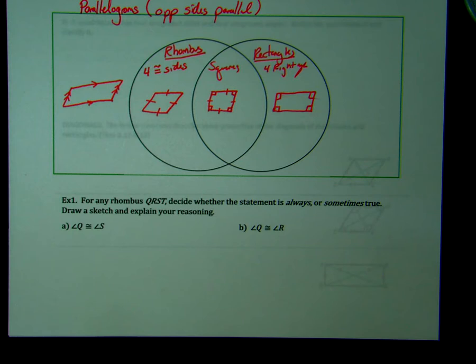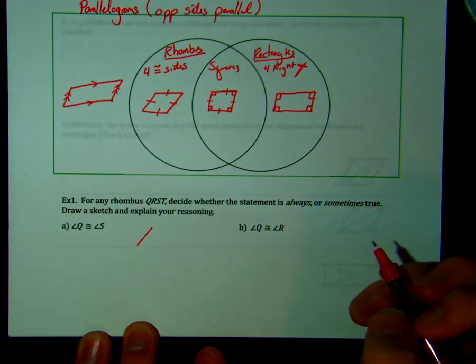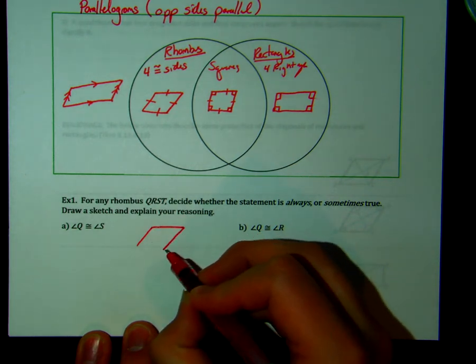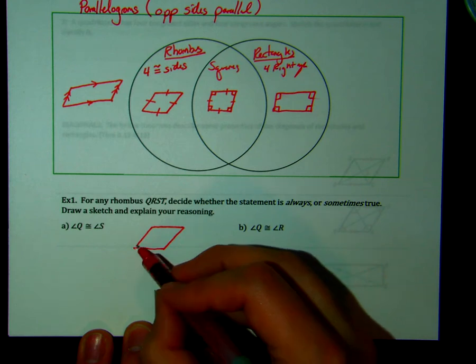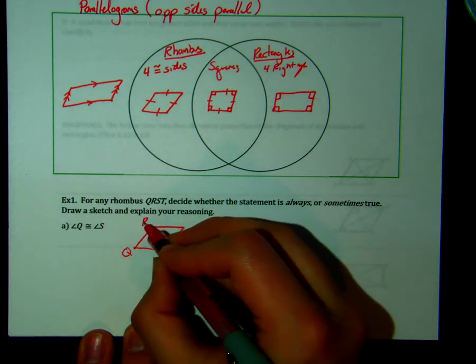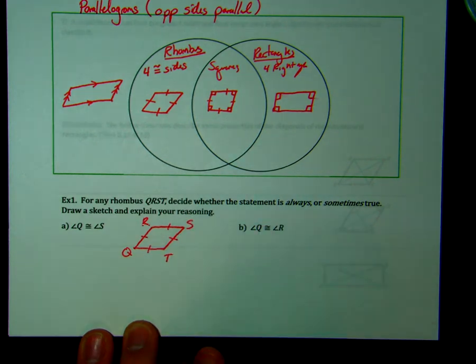So first example here, for any rhombus QRST, decide whether the statement is always, sometimes, or never true. That's usually the three choices we have. A little spoiler that it's probably never then. So something that can be true here, first off, I'm going to draw a rhombus. Something you want to do when you're determining these is, even though, yes, a square is a rhombus, if you're given a question that specifically says rhombus,